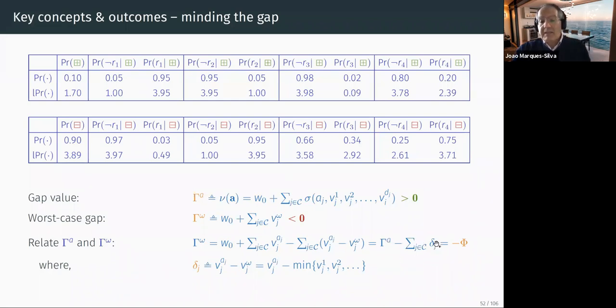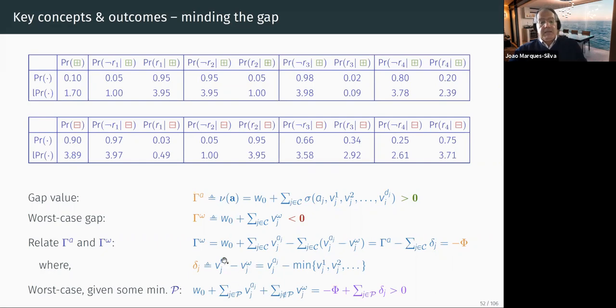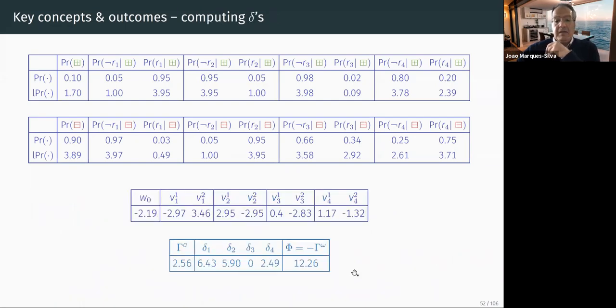Okay, and then I introduce a new variable, which is the delta. It's a local gap for each feature between the value it's taking given the evidence and the worst case value. Okay. And I continue. So in the worst case, if I'm going to get rid of features, I want to pick a set of features such that I'm still positive. So these are the ones I'm going to keep. The other ones can take any value, and I want still to be positive. Okay. And so this shows, given the XLC, how I can compute the different deltas and the value itself.